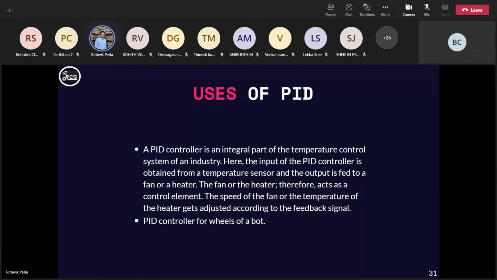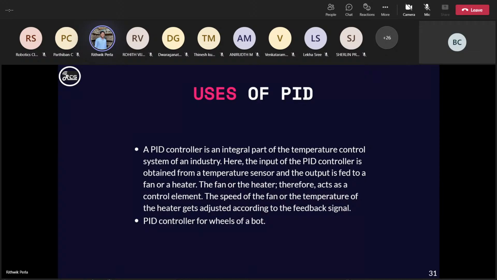So the temperature is not always constant. If you keep heating, the temperature will go above the set value; it won't stay at a constant temperature. Even in water heaters, you can think there's a control unit which maintains the temperature you set, which is nothing but a PID. So if the temperature goes above the set value, like 35 degrees, then the difference is sent back to the input, and you calculate the required one.